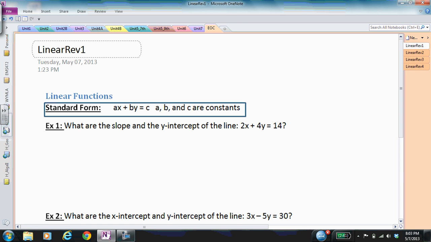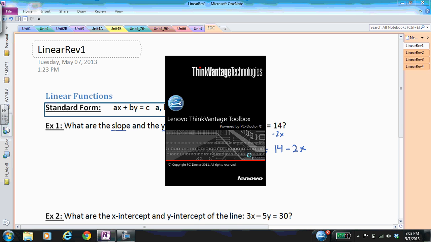This is why I started with slope-intercept form, because whenever a function's in that form, it's easy to tell what its slope and y-intercept are. That's why they call it slope-intercept form. So I'm going to convert this standard form line equation into slope-intercept form. In other words, I'm going to solve for y. To do that, I'll first subtract 2x from both sides. Remember, 14 and -2x are not like terms. So I get 4y equals 14 minus 2x. And then I need to,